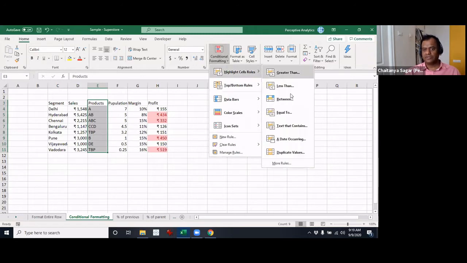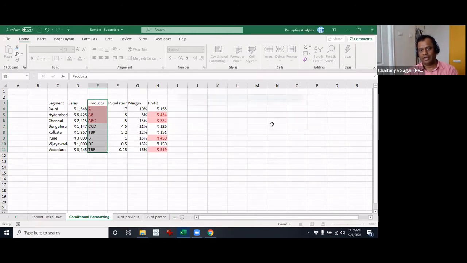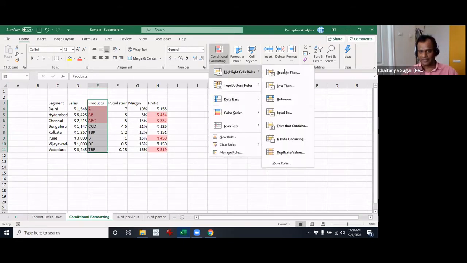All right. So here the text contains A. Then you can see it has resolved to the cells that have A in it. So this is one. What if you want to highlight, let's say, cells that also contain something else? Is it case sensitive? To my knowledge, it is not case sensitive. We can actually check this.